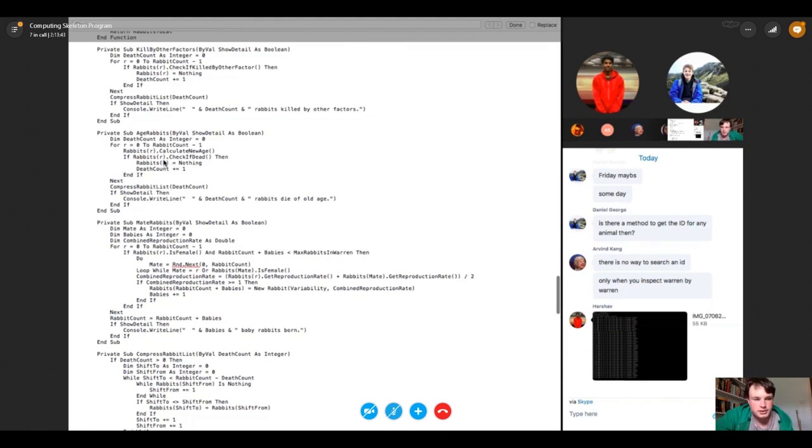So we increase, calculate new age, and then it calculates check if dead. I won't go to that one because it's very self-explanatory. Just returns true or false whether it's dead or not. And if it is dead, then that rabbit becomes nothing. Death count increases by 1. Compresses rabbit list again, and